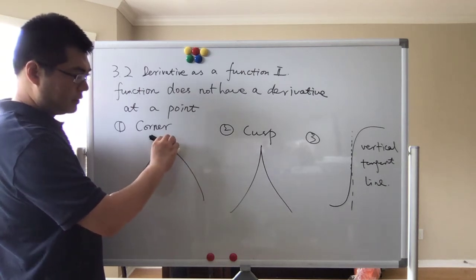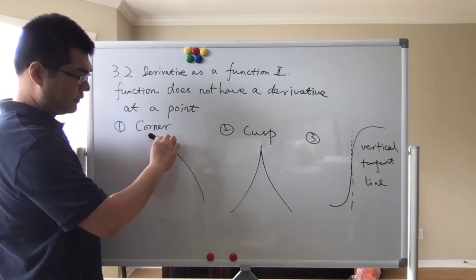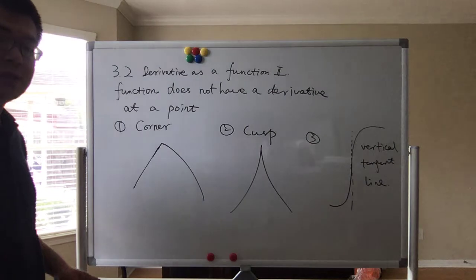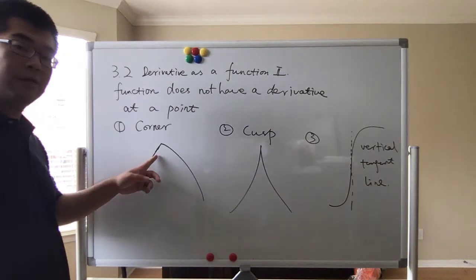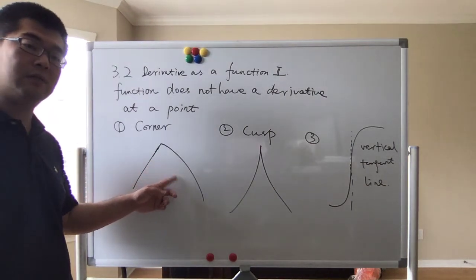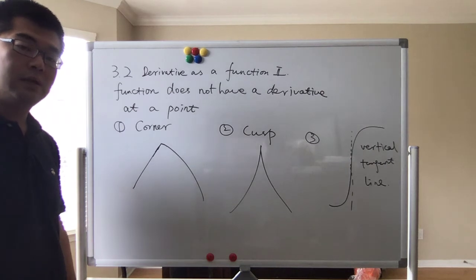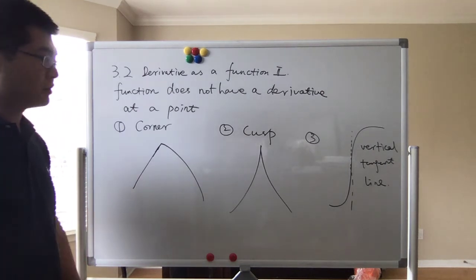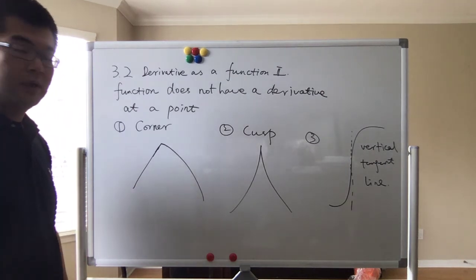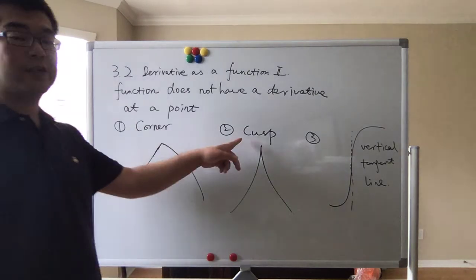However, if I start from this part, the slope of the tangent line is gonna behave like this, right? As you can see, guys, the limit from the left hand side does not agree with the limit from the right hand side. So at this corner situation, and similarly, when you have a cusp,